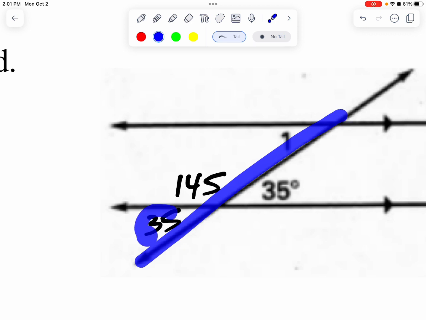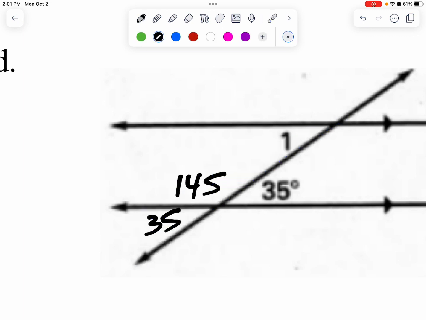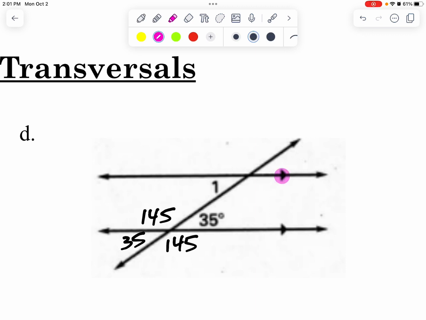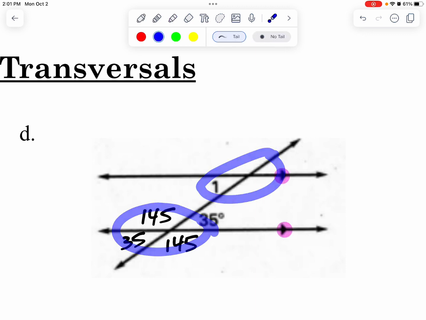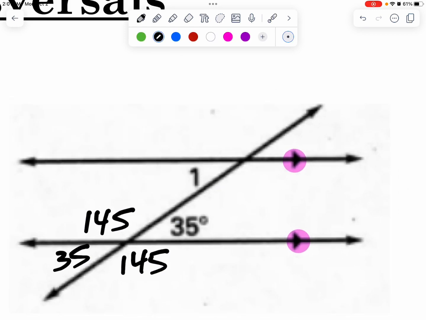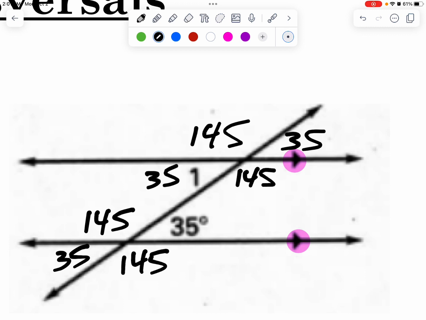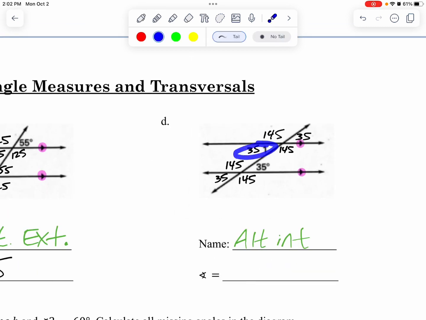So if you know one of the angles, you should be able to figure out the other one by subtracting, and that gives me 145 here also. And because I have these two parallel lines, that means I can copy paste this up here into this group of 4. So I am going to go 145, 35. This one is 145. This is 35. This is 145, and this is 35. And they're asking me for angle 1, which is